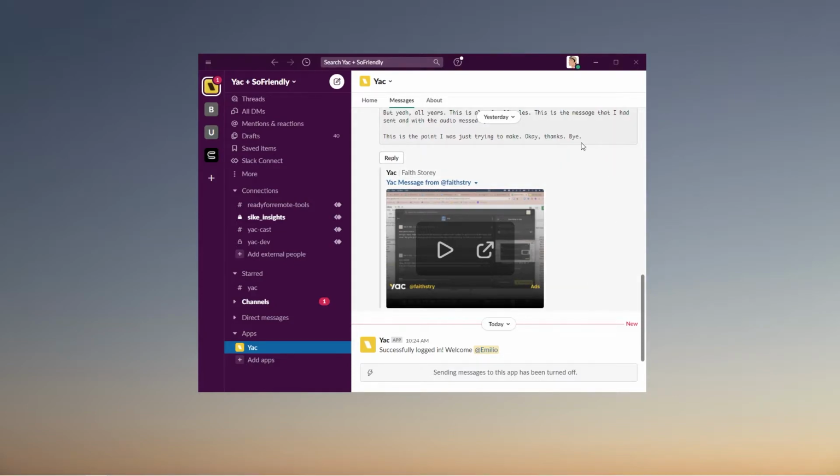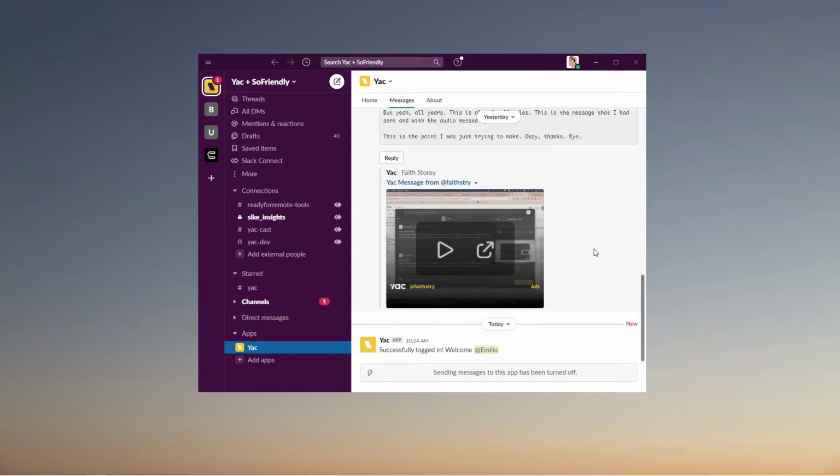The power behind all of this is that it makes every single Yak message that comes in through the Slack integration searchable. So if I wanted to search for a Yak that might have briefly mentioned something about marketing analytics, all I have to do is go to the search bar inside of Slack, type in analytics, and not only will the search results yield results that are Slack messages, but it'll also show Yak messages that have transcriptions, including